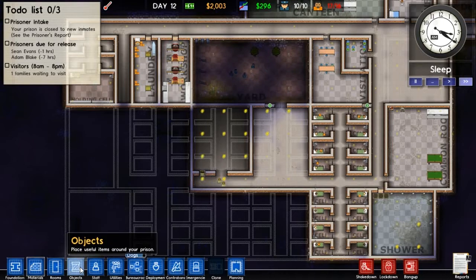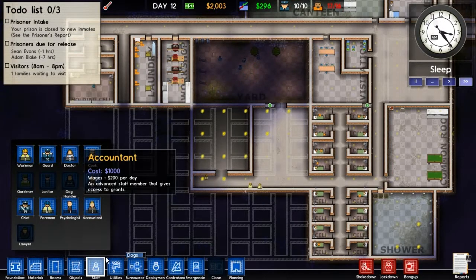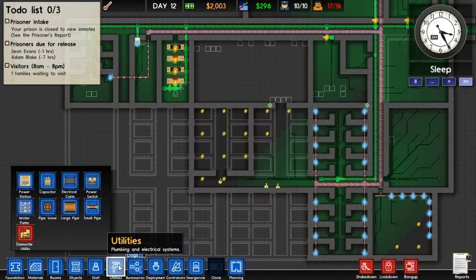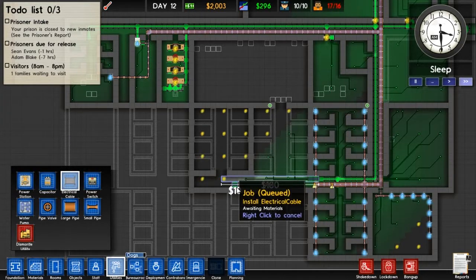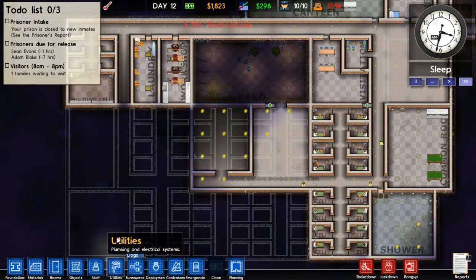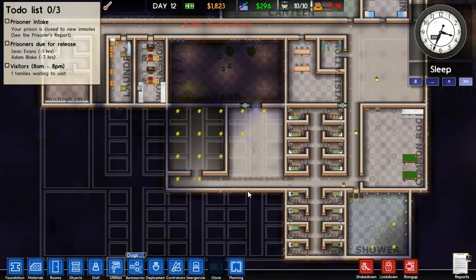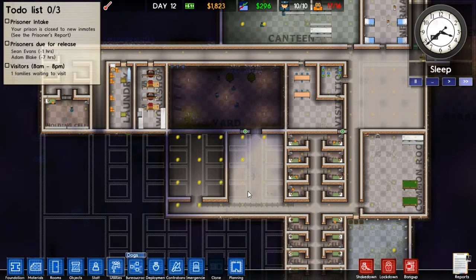On that note, maybe I should throw in some... Hold on a sec. Where the hell am I going? I need to go to utilities. I think it'd be a good idea to go ahead and expand this out a little ways, so that we can get some power into this area here later. And that should be good for now, I guess. So, I will go ahead and set up...